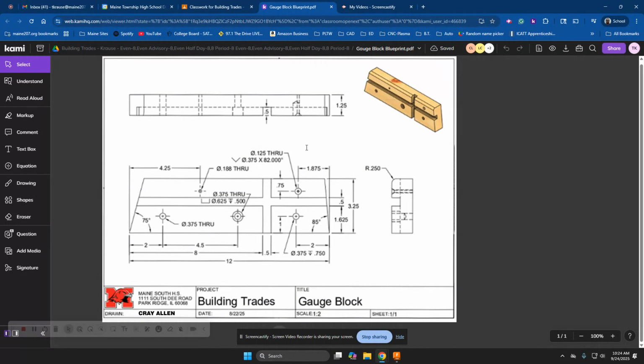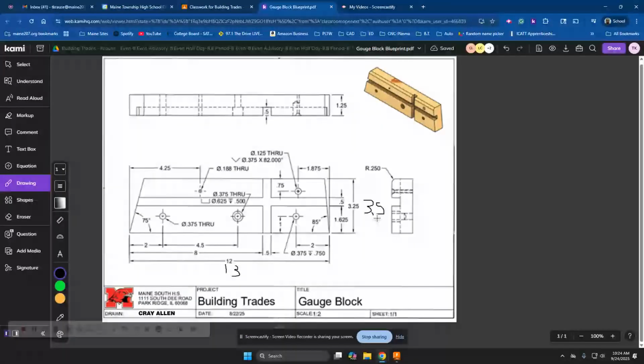So we'll take a look here. We've got a block, and this is going to be cut from a 2x4. We're going to be doing a rough cut at 13 inches. So if I come down here, I'll say we're going to do a rough cut at 13 inches. The block will also start out at roughly